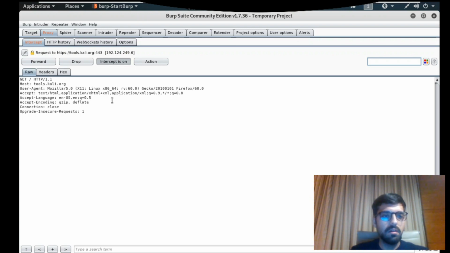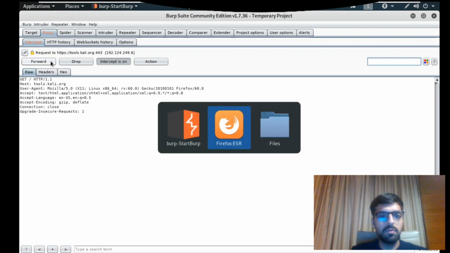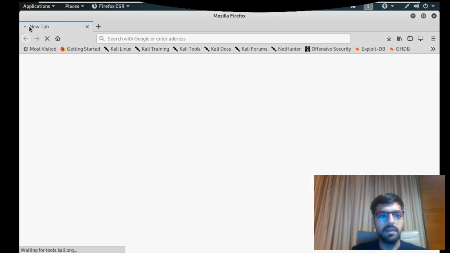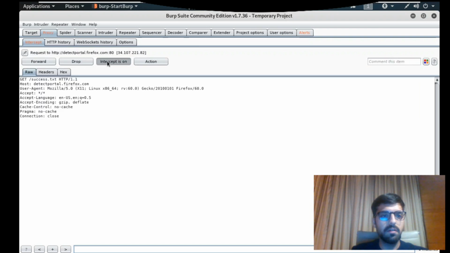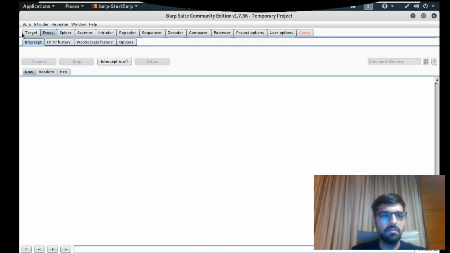Now remember one thing: after getting this request you need to forward it to the web server, otherwise it will not go to the web server. So you need to forward it and click on intercept.